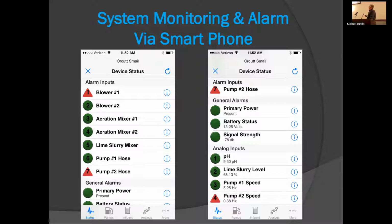Aeration mixers, lime slurry mixers, pump hoses. So in other words, in these pumps, there's a sensor that says if the hose breaks, we have water level indication inside the hose pump that will trigger an alarm that tells us we have a break. And then we also have over here